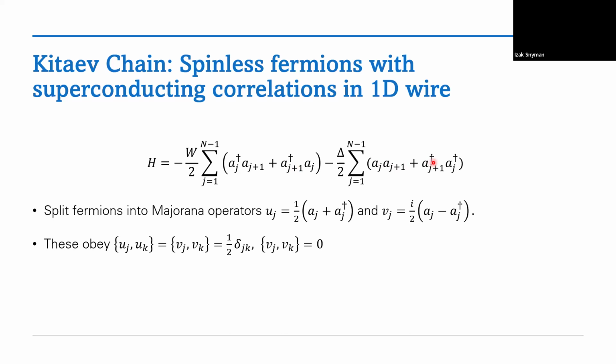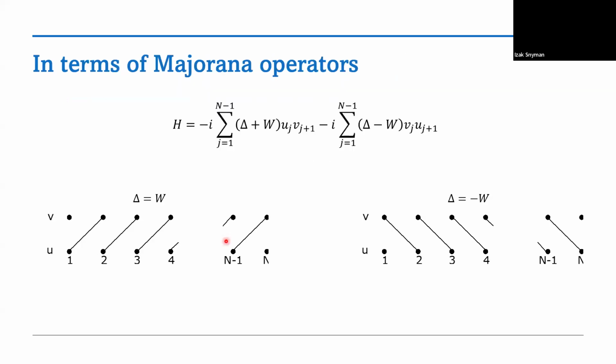So basically what they did is to say, well, let's just split the fermion operators into the real and imaginary parts. So u is just the real part and this is the imaginary part. And they have this Majorana algebra. And if you rewrite the Hamiltonian in terms of these, then you get these two terms, right? And now, this is